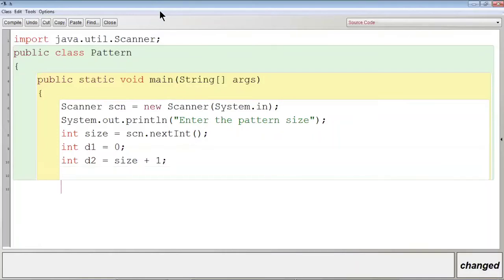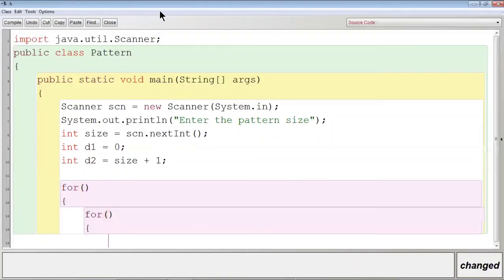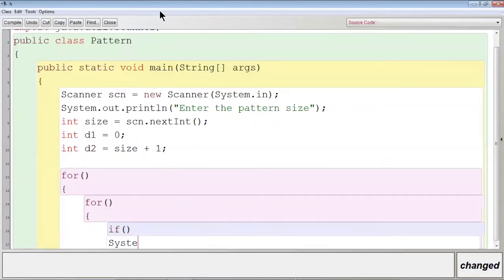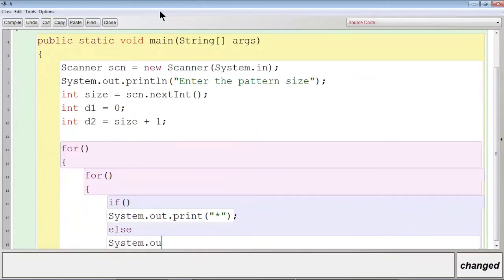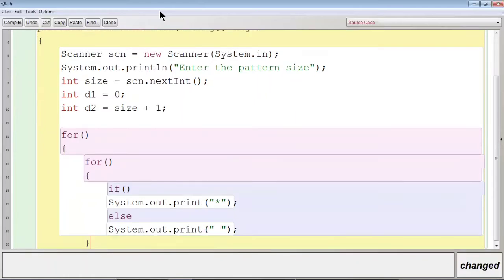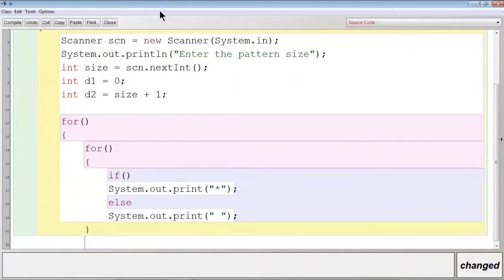Okay, now let me write the structure of the nested for loop for the pattern. Inner for loop, then one condition. If this condition is satisfied, what will I print? System.out.print, I will print 1 star. Where am I printing? Yes. Then else, System.out.print 1 space. Close the block of the inner for loop, and just after the block of the inner for loop,